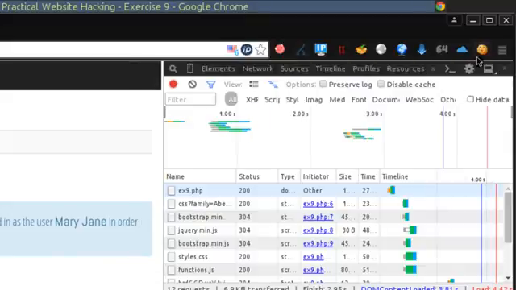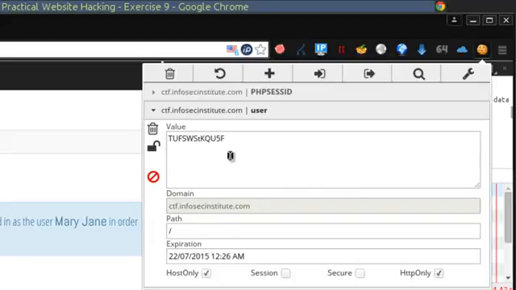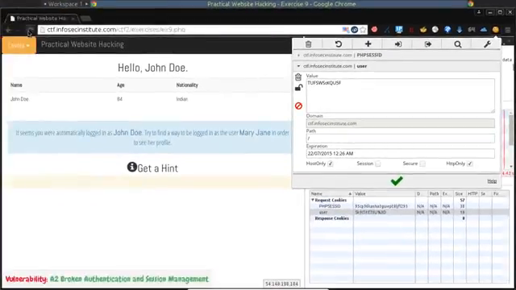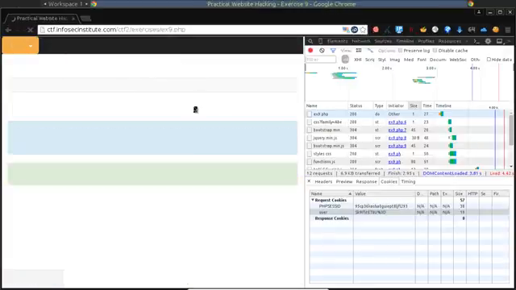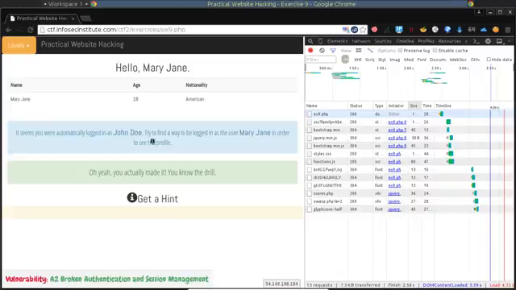So now that the cookie is set, as we see here, if we click on it, we'll see that our new cookie, the base 64 encoded string for Mary Jane, is set. Let's refresh the page and hope this works. Cross your fingers. Yes, okay, so we have successfully completed exercise 9 of the second CTF challenge offered by InfoSec